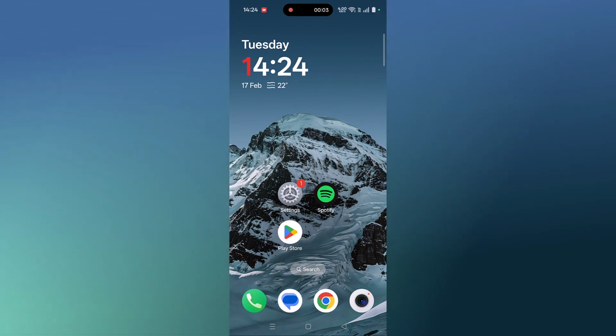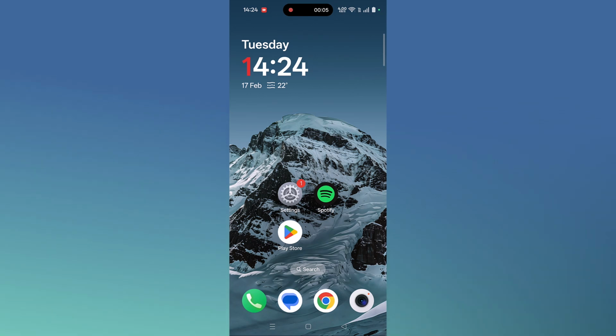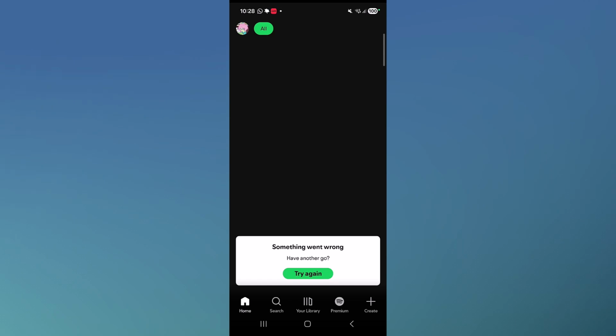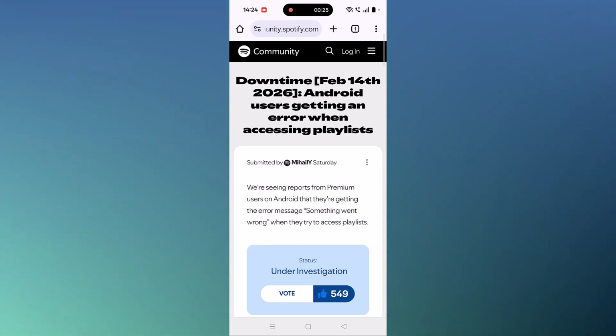In this video tutorial I will show you how to fix the Spotify error "Something went wrong, have another go." So if you're getting this error with a Try again button, then follow the fixes. Now before following any of the fixes, let me tell you that Spotify was having downtime on February 14th